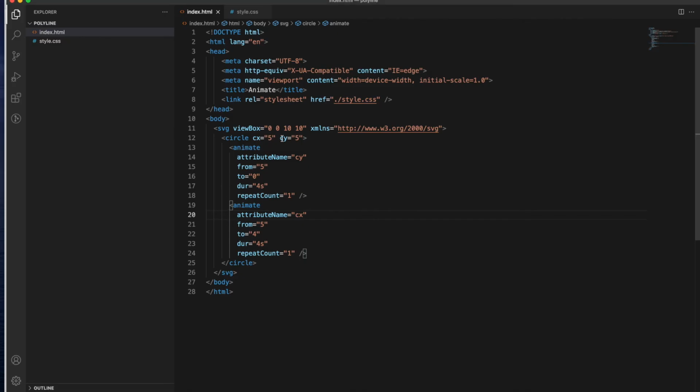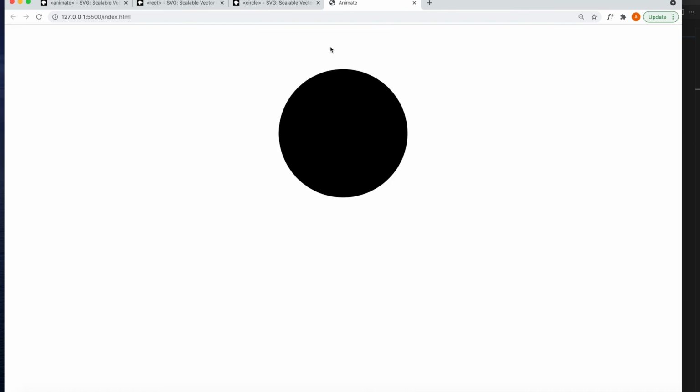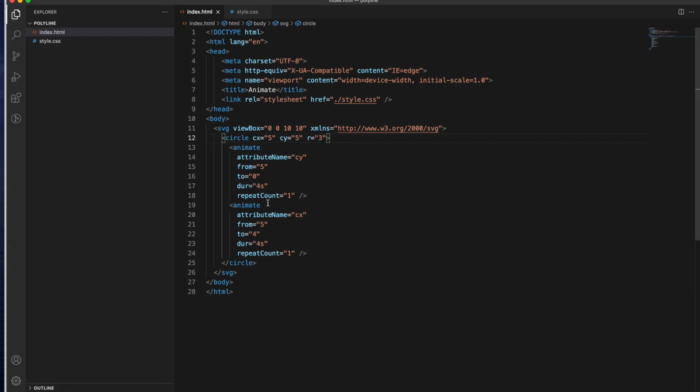Let's see what's wrong. Did we close everything correctly? We have cx, we have cy, and we did not specify a radius, so let's say our radius is 3. Now we see our circle, and it is getting animated on the y-axis, but we are not really seeing it on the x-axis.